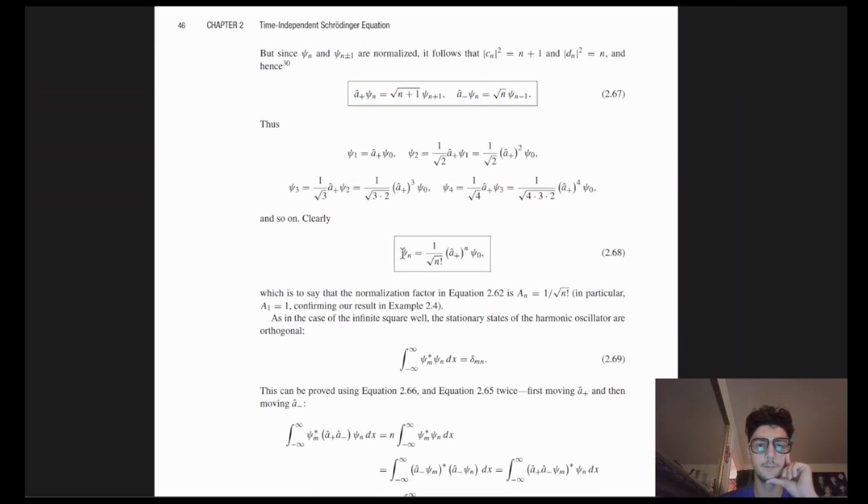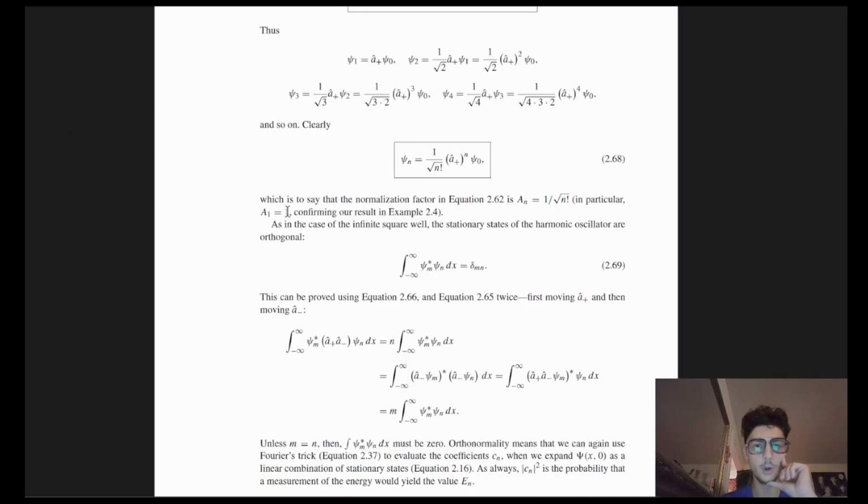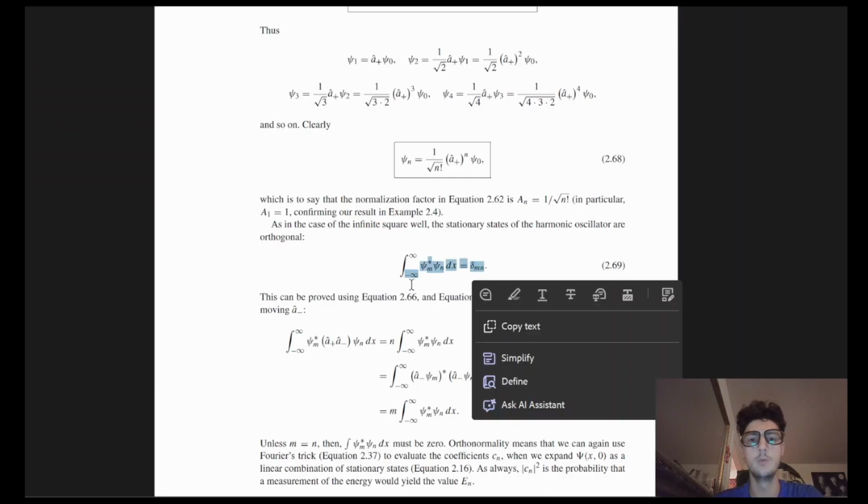And so on. Clearly, we get psi n is equal to 1 over square root n factorial, multiplied by the raising operator n times, if we want to get to state n, acting on the ground state wave function, which is to say that the normalization factor in equation 2.62 is an is equal to 1 over square root n factorial. In particular, a1 is equal to 1, confirming our results in example 2.4, which I just showed you guys up there. As in the case of the infinite square well, the stationary states of the harmonic oscillator are orthogonal. Boom, we get orthogonality,